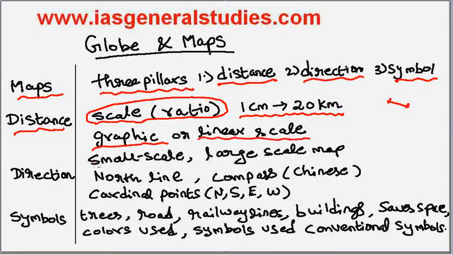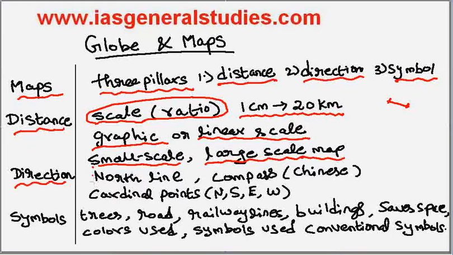And there are small scale maps, in which a larger area is represented as a smaller thing, and the large scale map is one in which a smaller area is represented as a larger thing. In a large scale map we can give a large amount of data, and the next important thing is